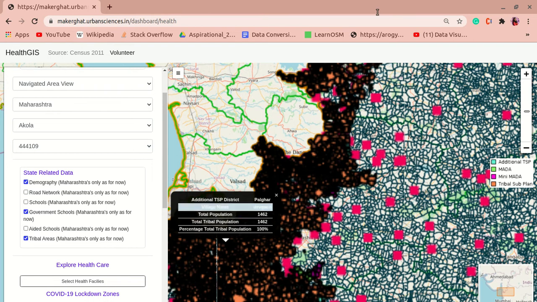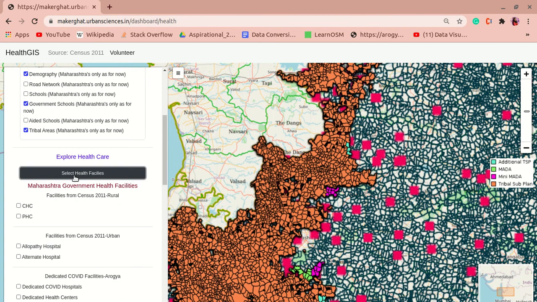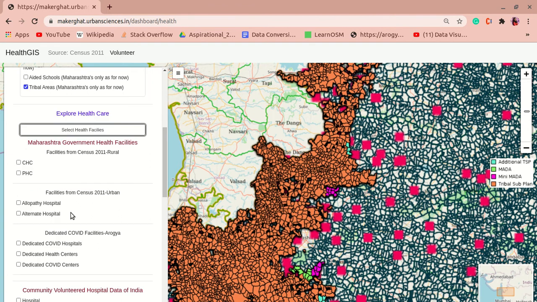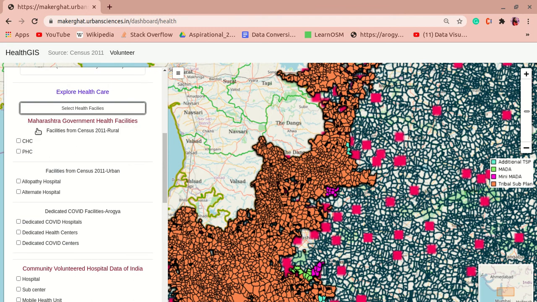So when I go to explore healthcare facilities in navigated area view, we have two options: Maharashtra government health facilities and community volunteered hospital data, which I showed you in All India view also. In this section, we have three types of data: rural data and urban data, which is fetched from census 2011, like CHC and PHC.